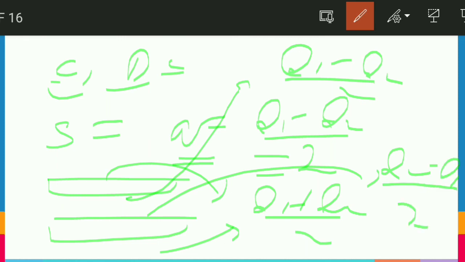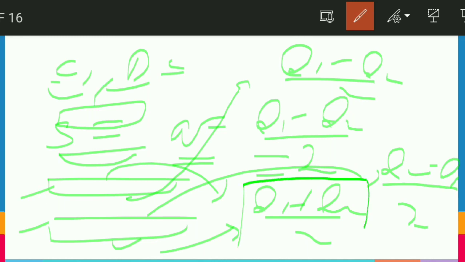So one thing you should learn, that whenever this type of distribution is given, with 3 or 4 or maybe more plates, then the outermost surface will have the net charge of all the plates, meaning q1, q2, q3 and so on, upon 2. This is our fixed thing, and the rest we can calculate by charge conservation, that the net charge on that plate should be conserved. And yes, the process of induction, that is, equal and opposite charge, should be equal. So friends, I hope this question is clear, so that we can move to our next question.